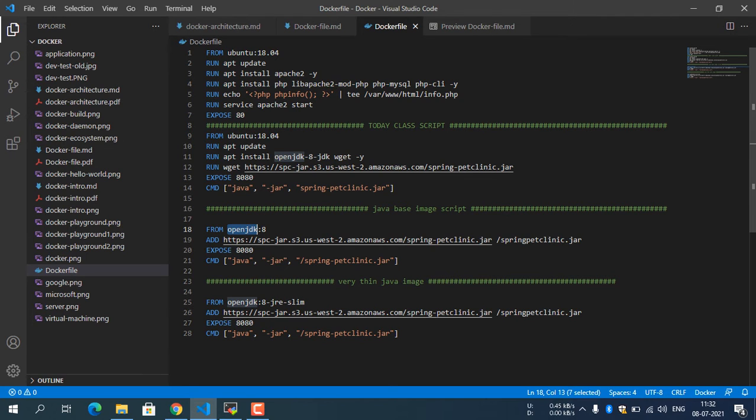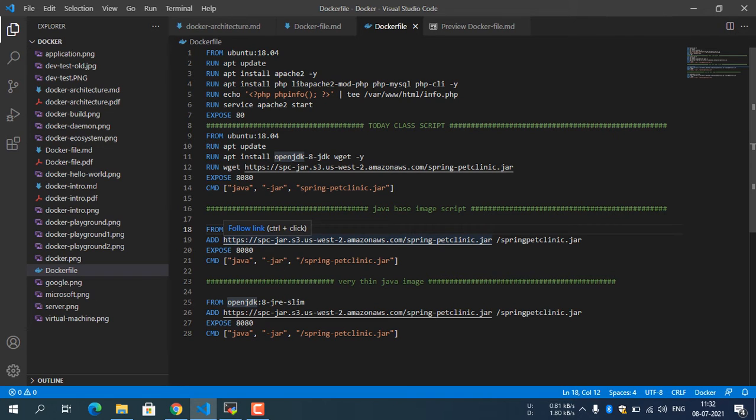So then it will be easy for us, we don't need to install Java again. In this Ubuntu image there was no Java, so that is the reason we needed to execute commands to install OpenJDK, that is Java. Now we have taken the OpenJDK image directly, so no need to install Java.